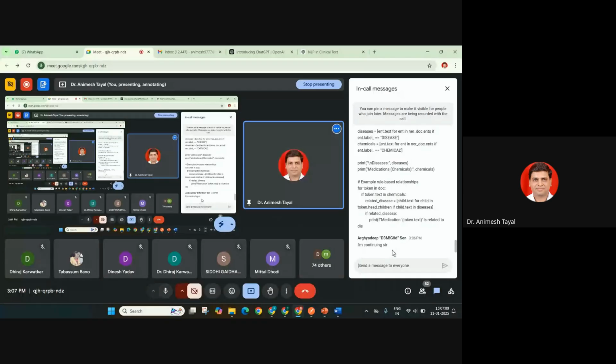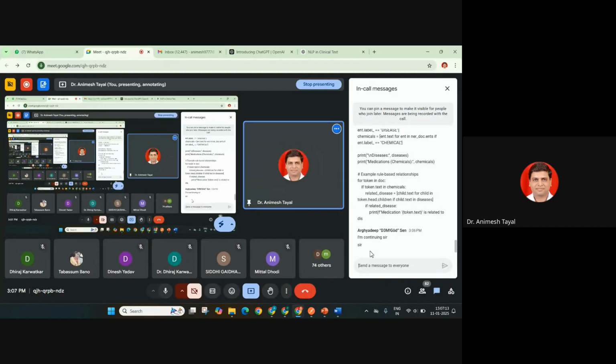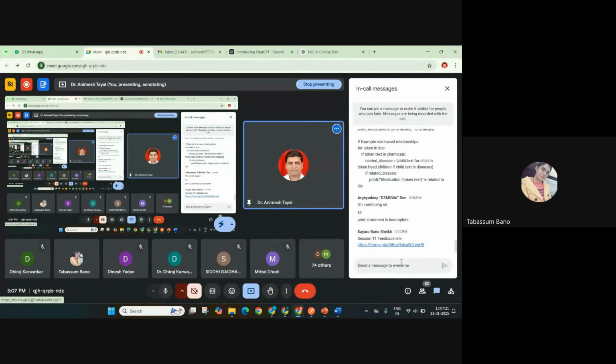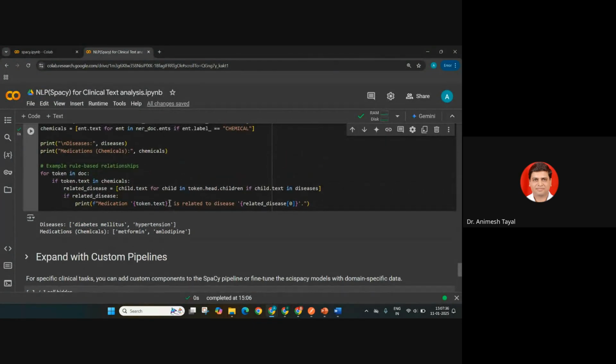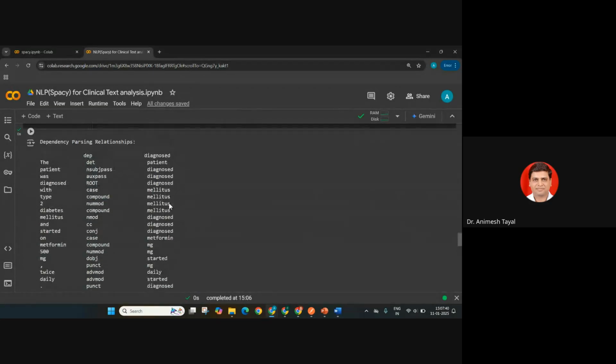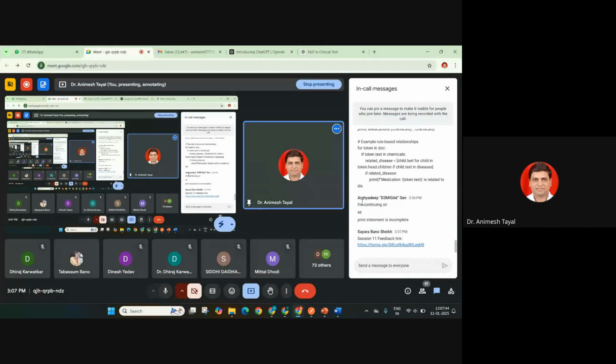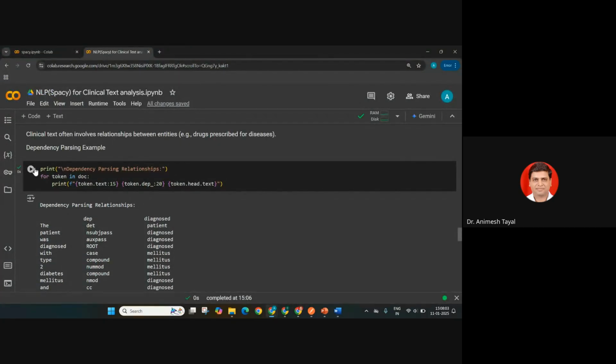Okay. So for today, I think you have got this far. Print statement is incomplete. Print statement is incomplete. You can unmute also. Okay, so